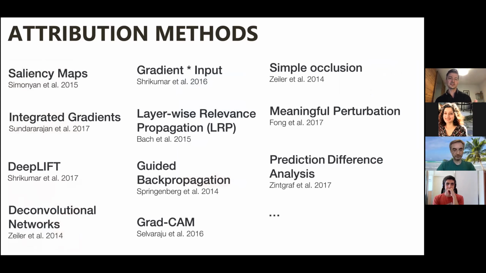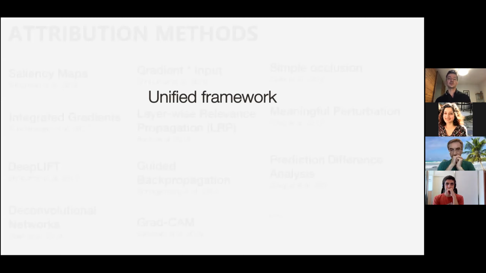You just use basically the same techniques for the input case or for the internal node case, and it gives you an importance score essentially. So when we started looking into this problem, there had obviously been hundreds of papers already, and the first thing we did is unify some of these into a common framework so we can understand them. And then the second thing we did is introduce a new one based on Shapley values. So this is what I wanted to briefly talk about, just to give you an idea.